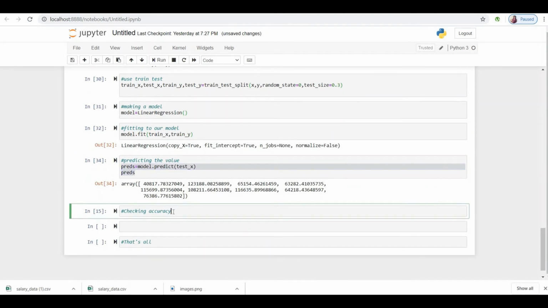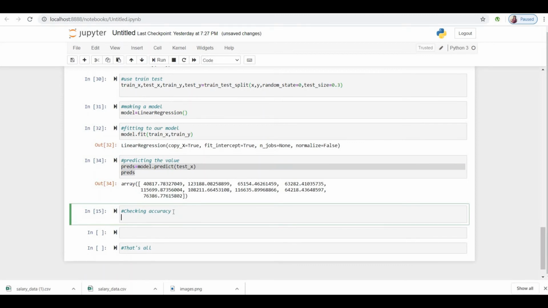So now our task is to check accuracy. For checking accuracy in logistic regression we used accuracy score, but in linear regression that is not the case. We have to use the function score here. So model.score, and here we will pass two parameters, that is train x and train y.